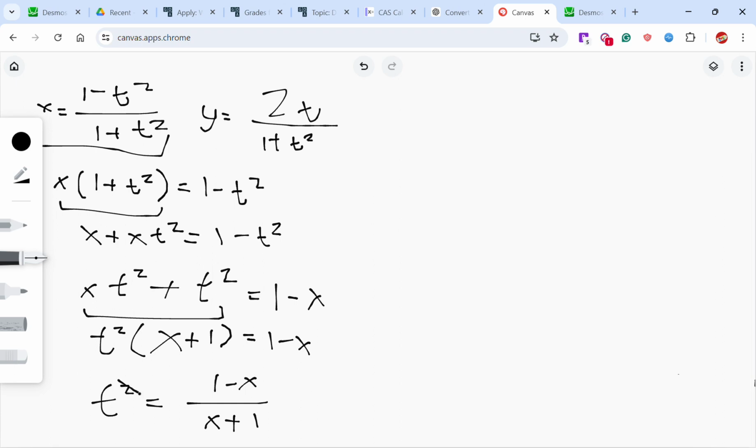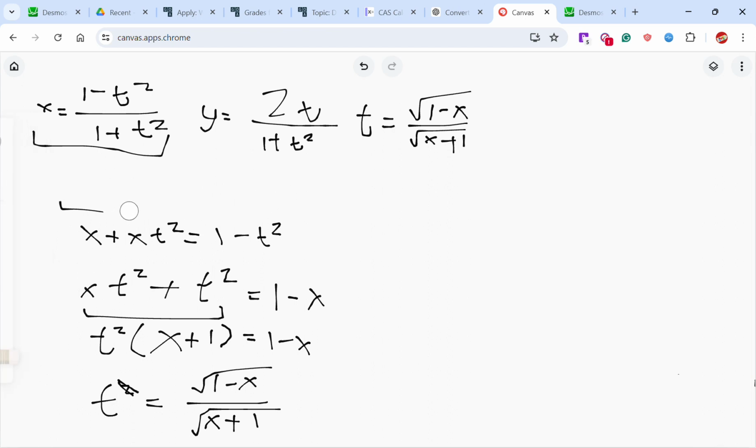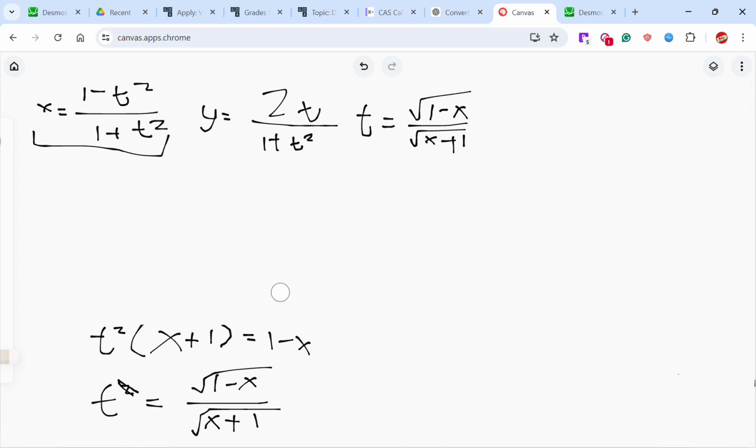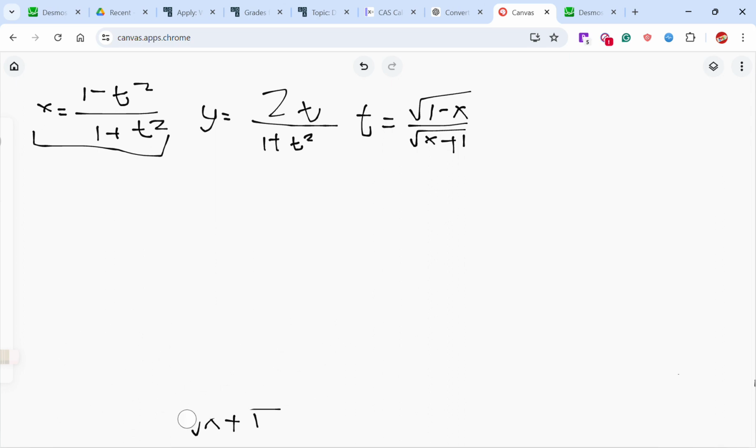And then we get rid of the square, and we add square roots here. And now with this, we can write this up here. Equals 1 minus x over x plus 1. Okay. Resolve this. We can plug this into y. That'll give us